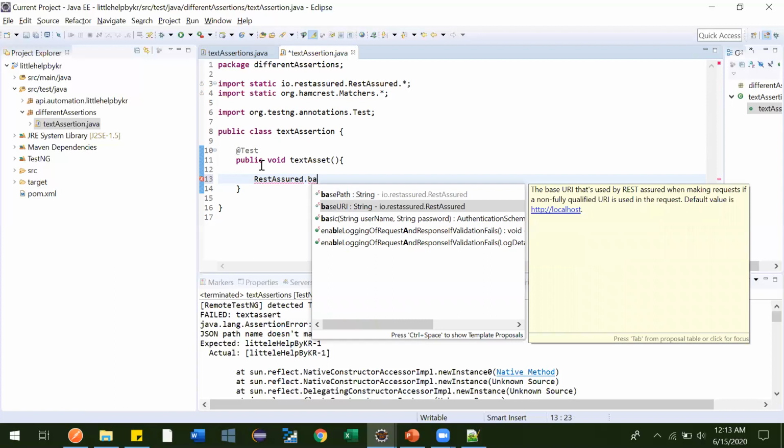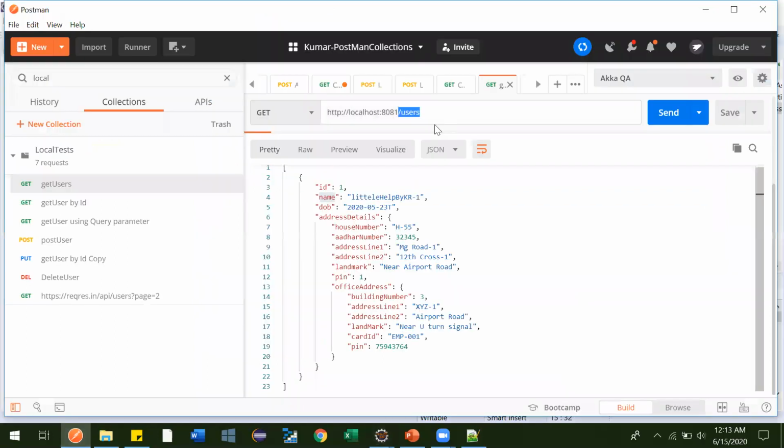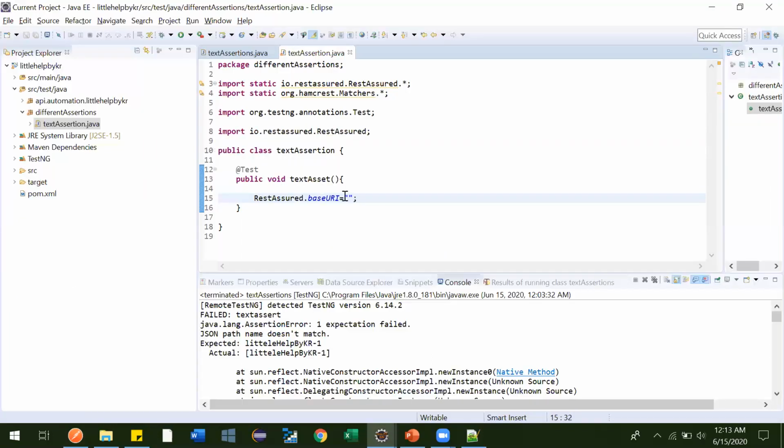See here, we started getting suggestions. Earlier we were not getting them because we had not written it inside any method; it was at class level. So what was our base URI? It is this one, so now we'll add this.